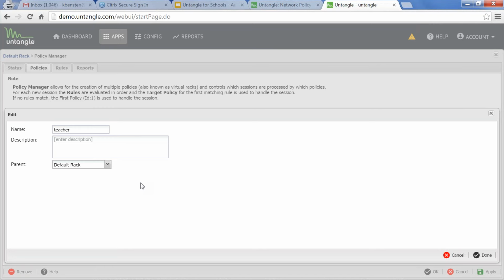By setting up different channels within Untangle, you really can have separate policies for groups within your network. And that's going to save you time, that's going to save you effort, and really just having that functionality is key, because not every member of your staff or member of your school is going to have the same access. So hopefully that helps to explain what policy management will do. Setting it up is very simple. I can't really save functions here or racks here within this, but you get the idea of a teacher versus student rack and the access between the two.